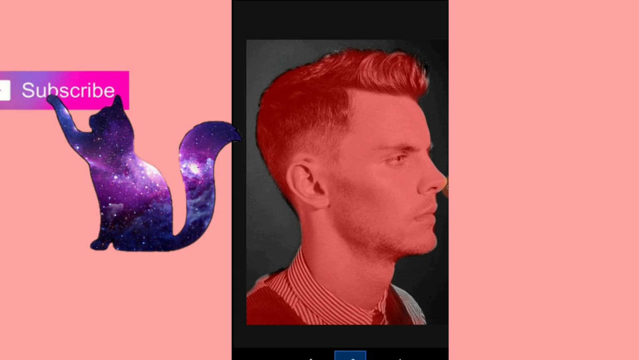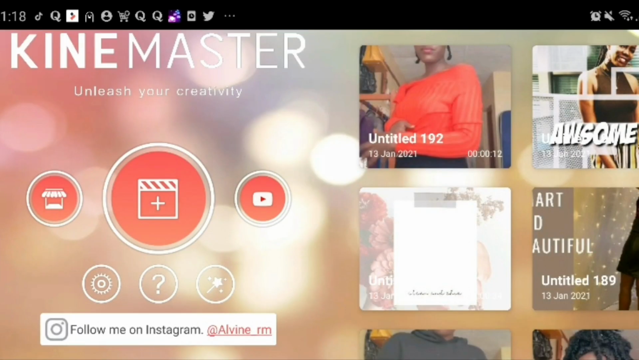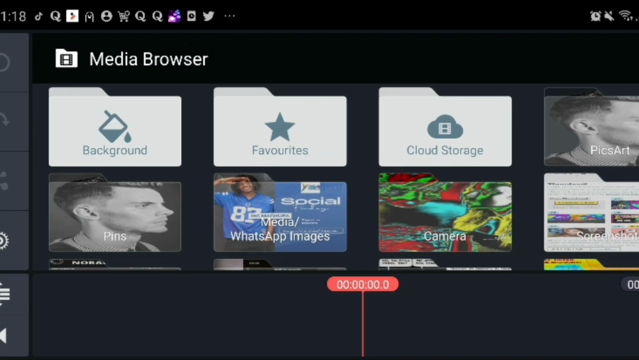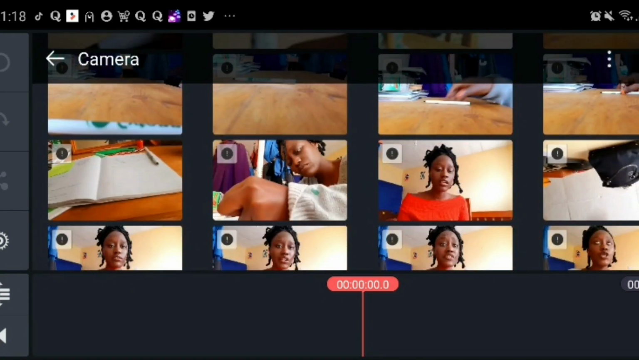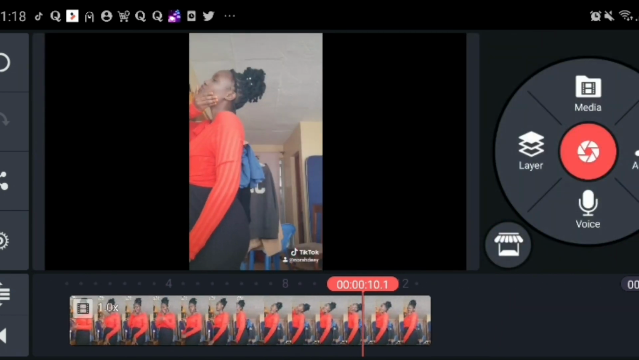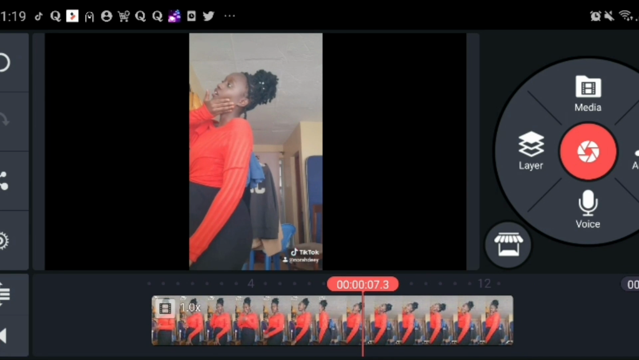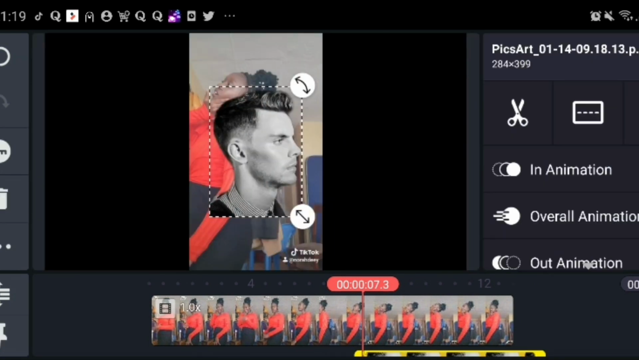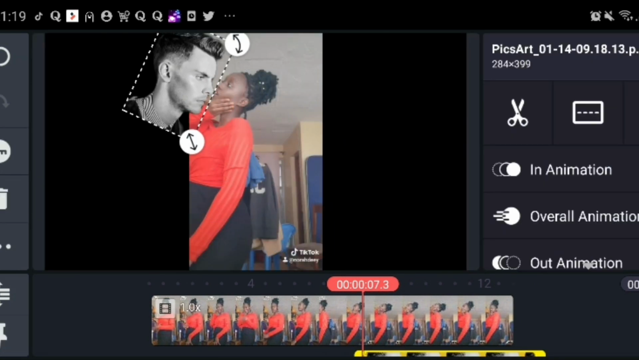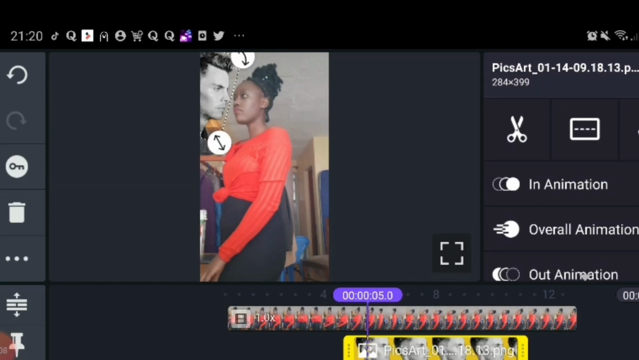And then when you crop the picture out, import the picture to the video using the app KineMaster, and go look for the video, the one you're just doing, you're just doing your thing. Now add a layer of that picture, and yeah, so what I do is in animating, I press the